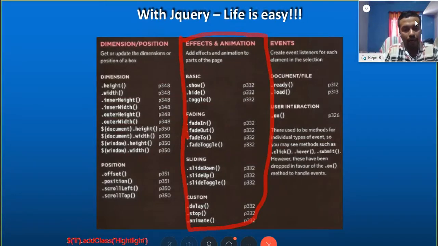So I add a class, then I can give .hide, .show, .fadeOut, I can cascade all these things. .slideDown. Just typing it is meaningless. .show. So you can cascade all those things with jQuery. That is the beauty of jQuery.